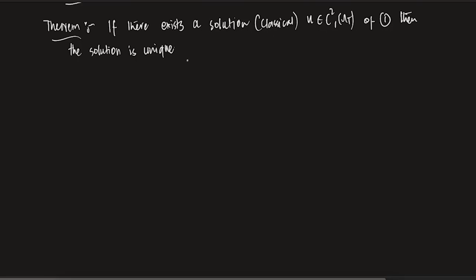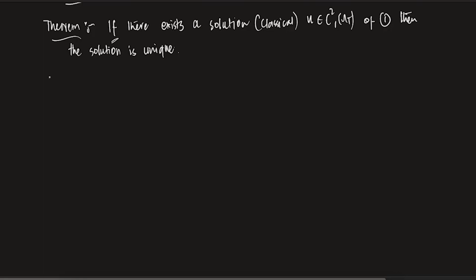But the thing is, in that case, you have to show that there is a solution and then the solution is unique. I am not saying that. Please remember, here I am assuming that if there exists a solution, so basically I am saying that you give me a solution. Once you give me a solution, I can tell you whether it is unique or not. And in this case, it is unique. But initially, I don't know whether there is a solution or not.